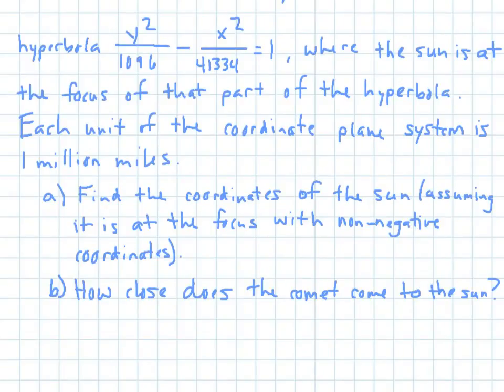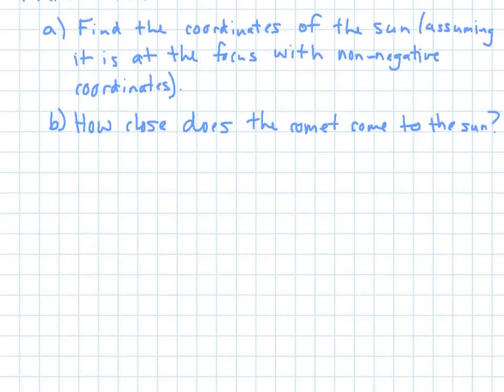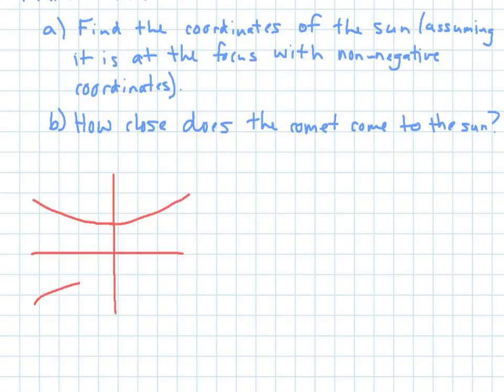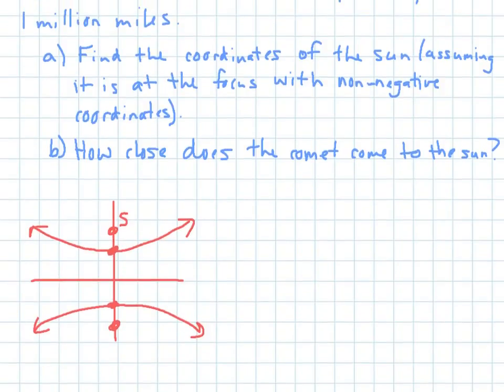So here, for a hyperbola, you have those two shapes. You have your vertices and your foci. So they want to know where the sun is. It said the sun is going to be at the focus. So this is their sun here, and it wants us to assume that the focus is with